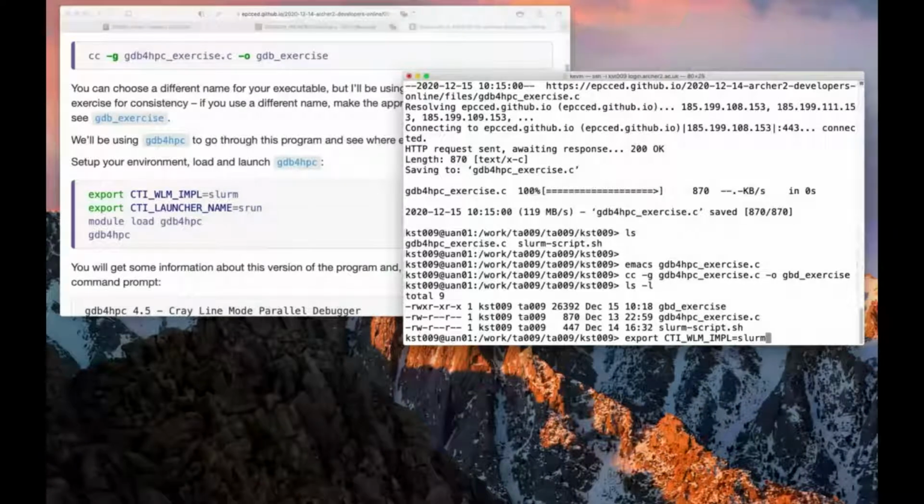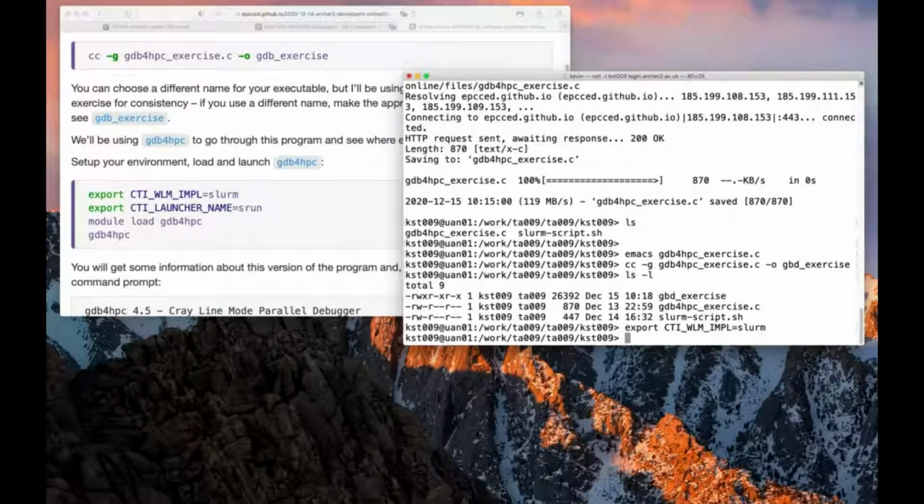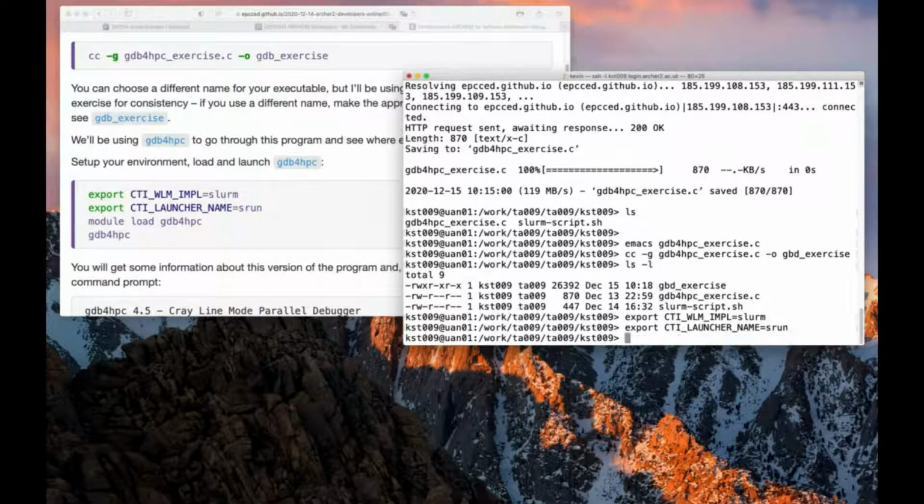These are just going to basically allow the command line to interact with Slurm. And you should type them. If you do type them, don't type them like I do. And module load GDB for HPC,